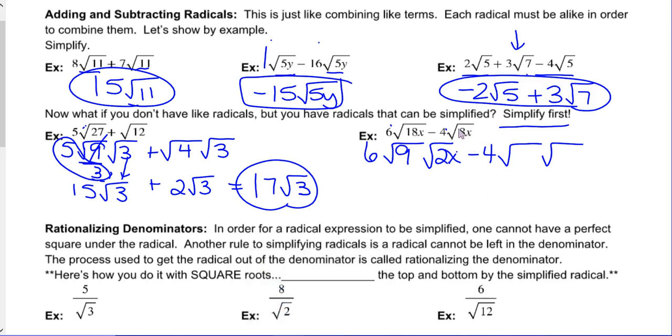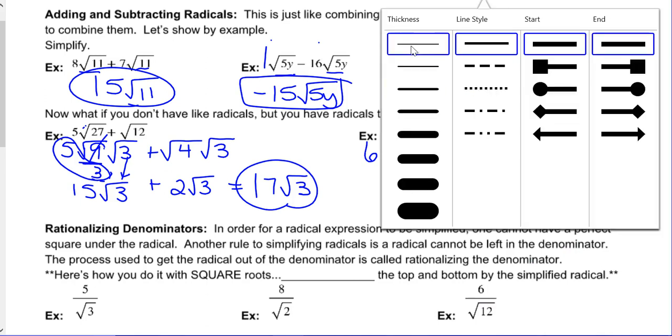Moving on to the 8. If I simplify 8, 1, 4, 9. Whoop, back up. Does 4 go into 8? Most definitely. 2 times, so 4 times 2 gives me 8. Again, x is not a perfect square, therefore it is in the leftover. So let's see what we get here. This gives me a 3. So if I